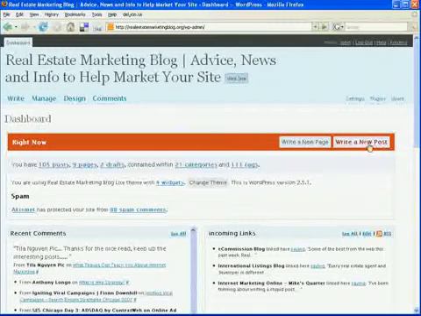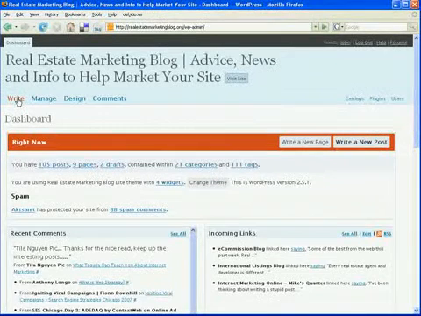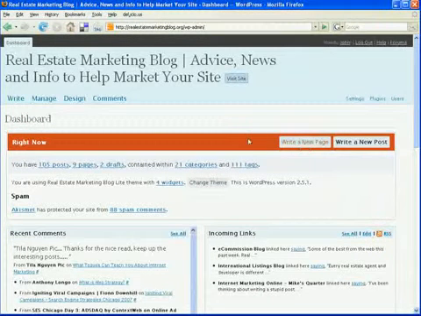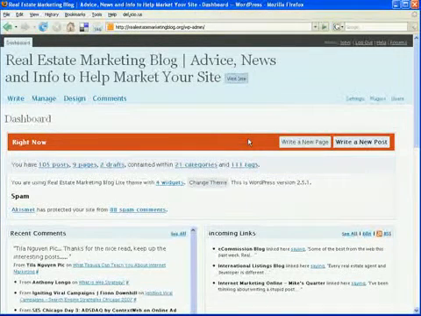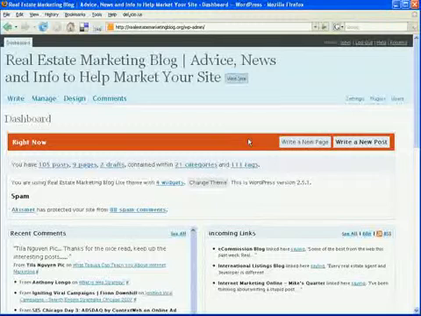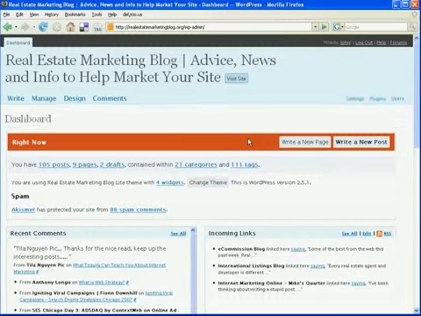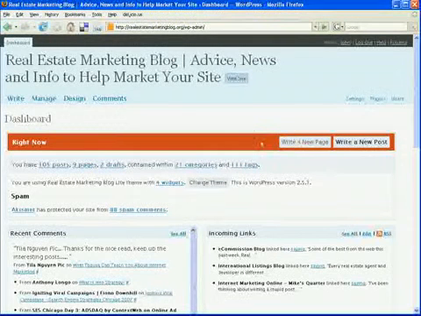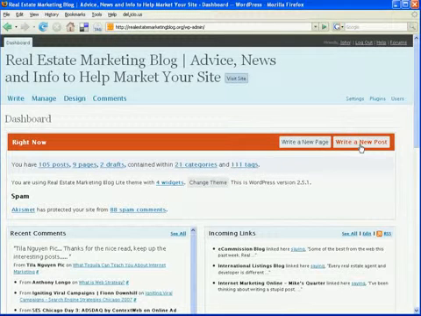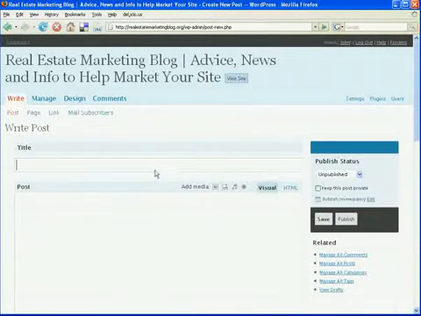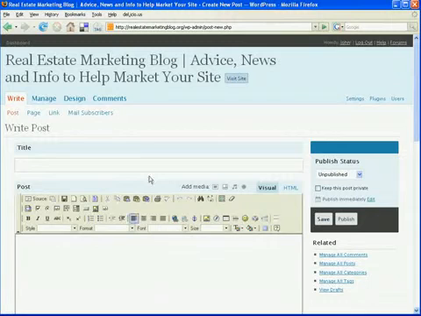First thing you want to do if you want to write a new post, there's two ways to get to it. You can just click on write a new post here, or you can click on write and it'll get you to pretty much the same place. New page is not something you want to create at this point because your blog site will have been configured with a number of customized pages that we've set up for you previously. I wouldn't recommend creating new pages because that could mess with the layout of your site. So to actually create a new blog post, you just click on create a new post,